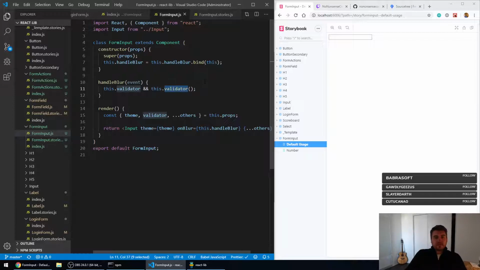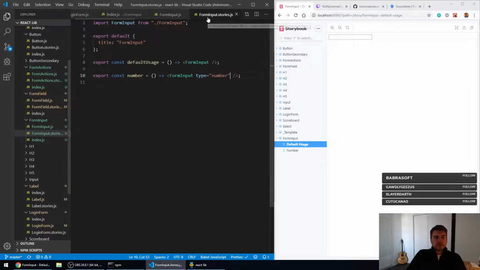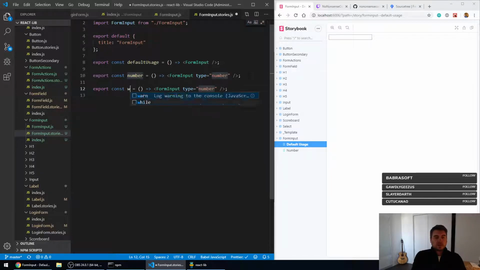But so my validator right now, I haven't passed the validator in, but if I went back to my form input and I said with custom validator, and then I say, I don't need this type right now, I can just say validator equals,